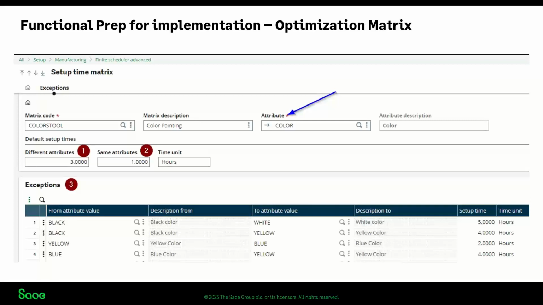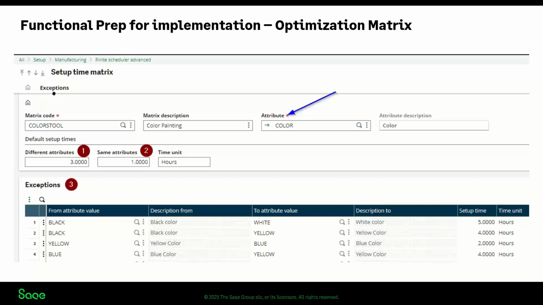Basically what we have is an attribute. An attribute is basically a grouping. In our example here, we're talking about color. We would define the color on each of our products: red, black, blue, yellow, white,